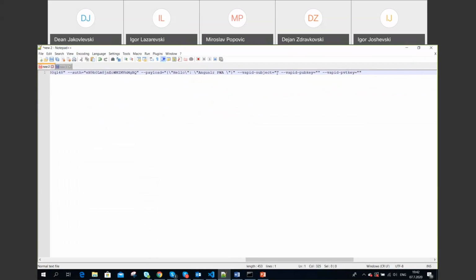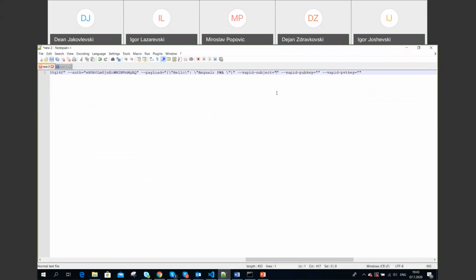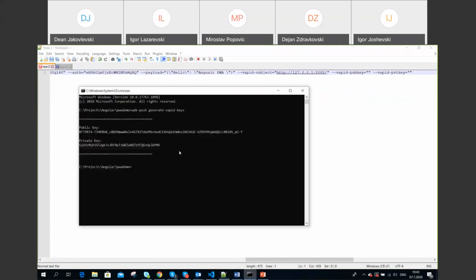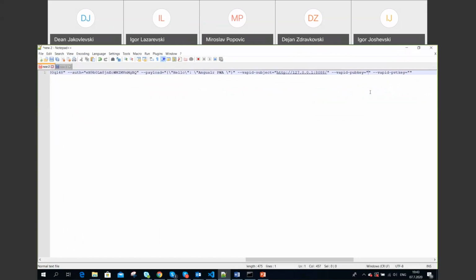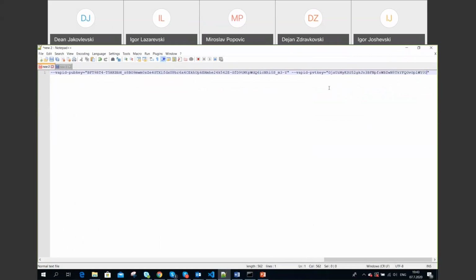And also the Vapid subject is our domain. So this is our domain. I will copy it and paste it here. The Vapid public key is the key generated here. I will copy and paste the key. And we also need the private key. So I guess I copied and pasted all the necessary data in the right place,